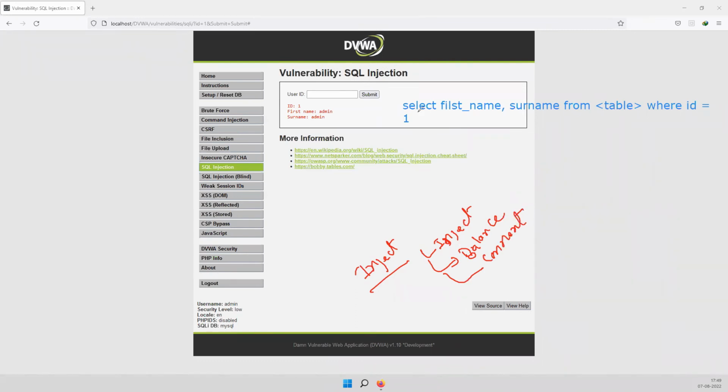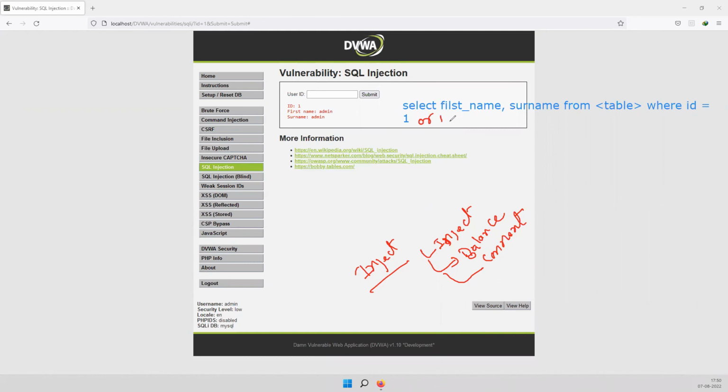So now I just want to inject it. Where ID equal to 1, I'm trying to inject over here. I just want to send some injection, so I'm putting "or" this way.